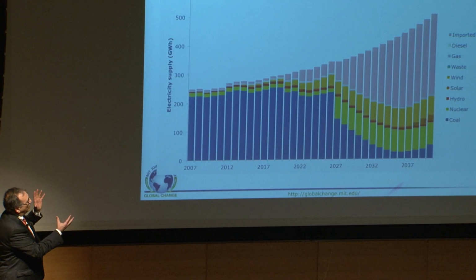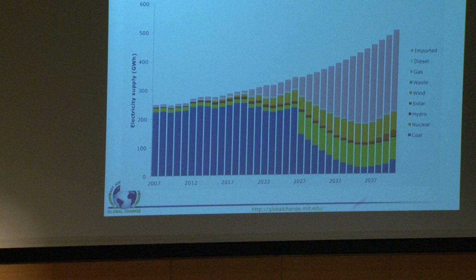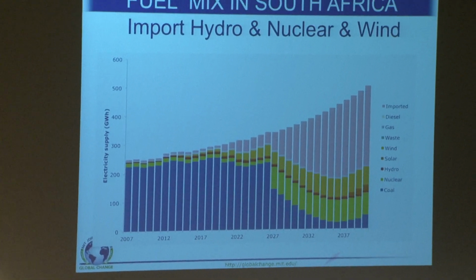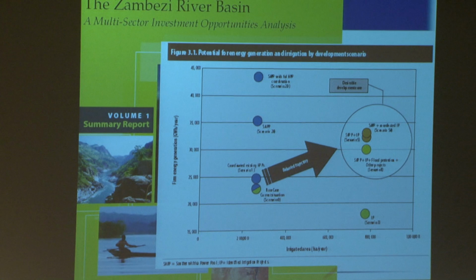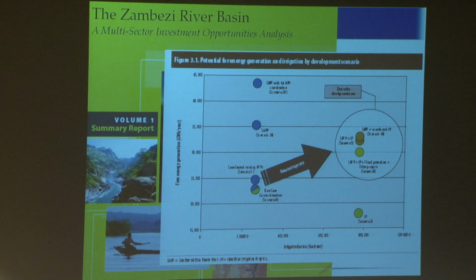And this whole issue of what are you going to do for your energy depends, and that has great impacts on water because they also want to get water from the Zambezi River Basin as well. So this is the Zambezi River Authority, and they've just developed with the World Bank, and this report we were a part of here in MIT got involved. And this is what we call a Pareto frontier, where they're looking at different alternatives for developing the Zambezi River. And if we look up at the top, I don't know if we have a pointer, but up at the top left, where you're getting almost 45,000 gigawatt hours per year, that development has very little irrigation development in it,